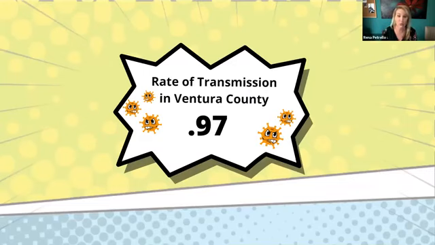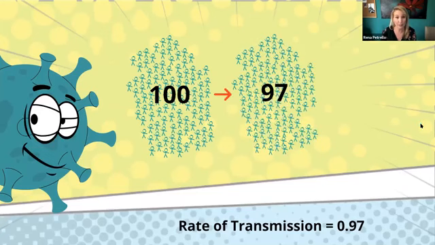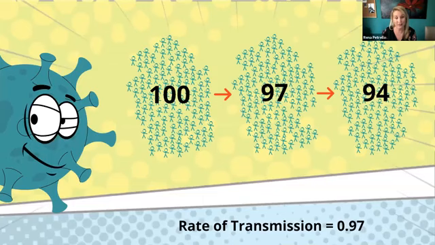Now you can do your own web search on the phrase "R effective" in your community to determine the current rate of transmission. Now, what does it mean for the rate of transmission to be 0.97? Well, this means that for every 100 people infected, 97 more people will become infected. And then 97% of those people will become infected, and so on. So you can see that less people will get sick from the previous group, but the virus won't go away